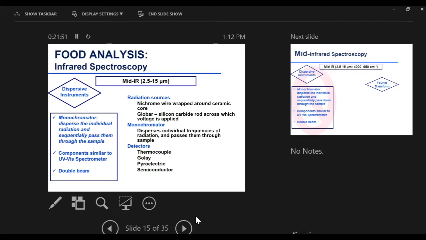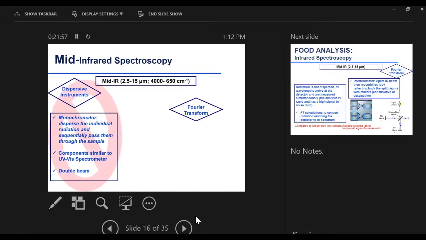However, dispersive instruments are no longer in use. There might be old ones in your lab or what have you, but they are not usually used anymore. The more common one is the Fourier Transform, or what you have probably heard of as FTIR, Fourier Transform infrared spectroscopy. So they're more complex instruments,